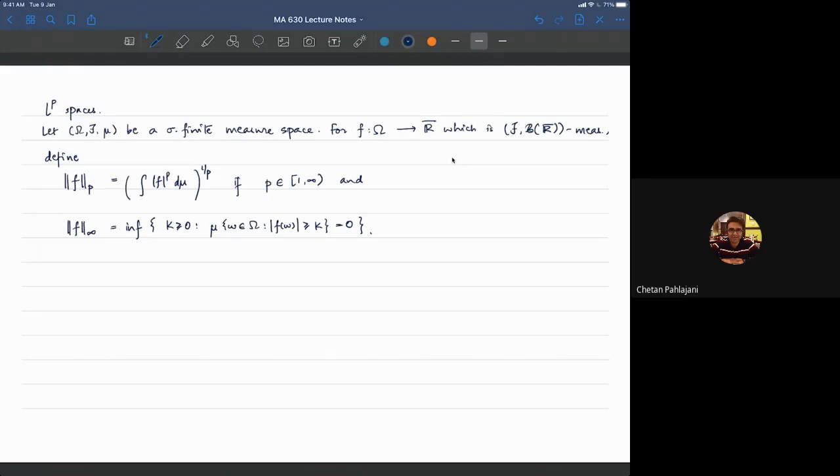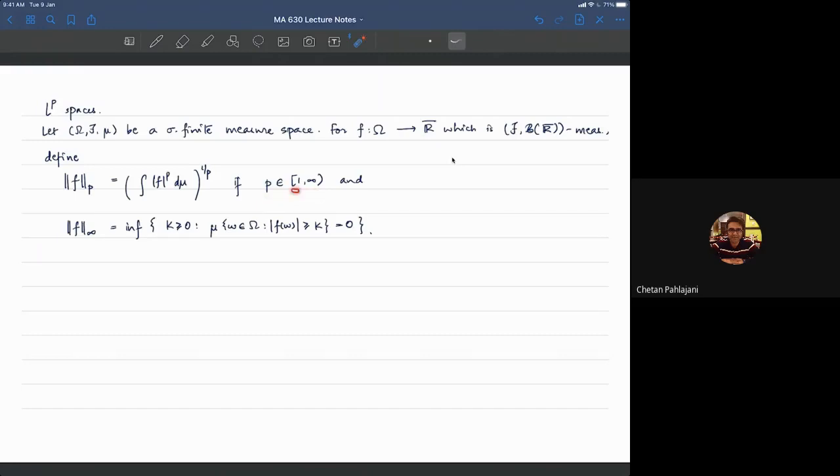All right, so right now I'm just defining these symbols. It uses this norm notation, and so maybe you already are starting to suspect that these things are going to end up being norms, and they are going to end up being norms. But we don't know that yet. Okay. All right, so what do I do if p is in [1, infinity)?